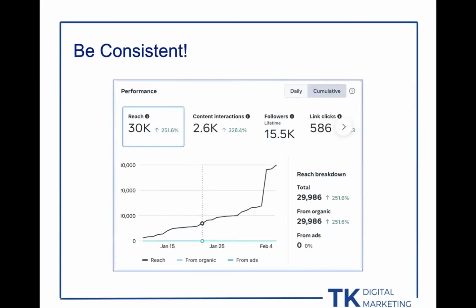Here's that screenshot from Oak's Facebook page earlier, just kind of blown up. Again, you can see the huge increase when they started back doing short form content and started being consistent with it. I don't know anybody out there who wouldn't want a 250% increase in their organic reach. That's going to give you more followers. It's going to give you more sales. It's going to give you more website videos. It's win-win-win across the board.